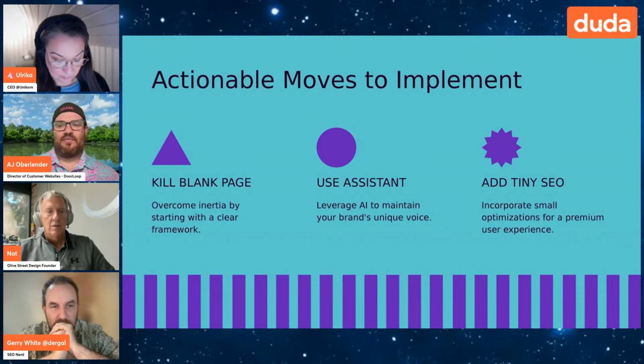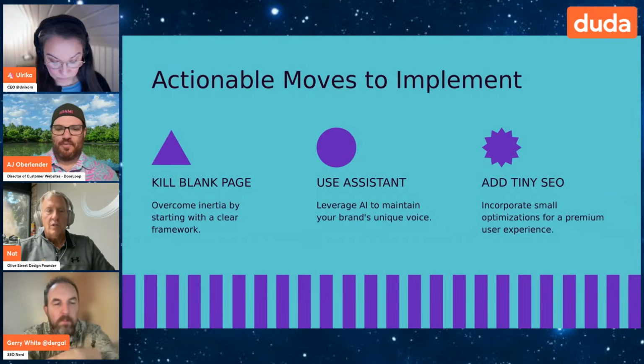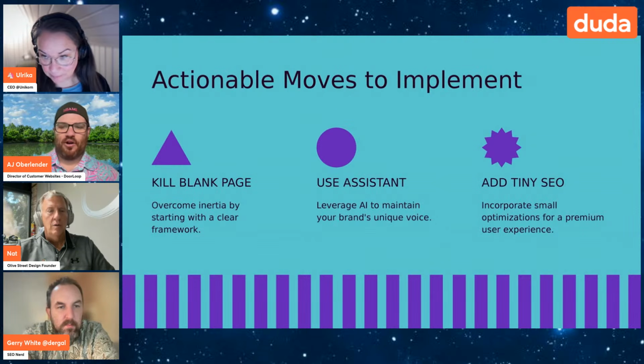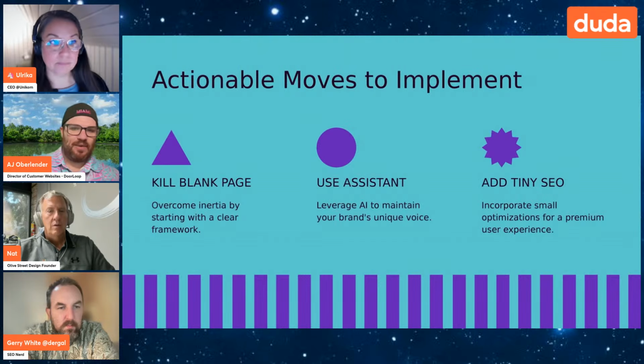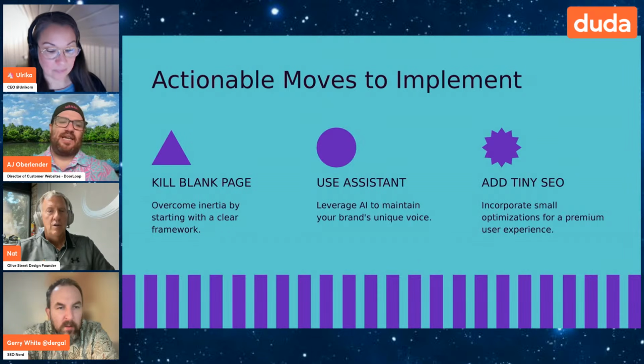Use AI with a human. Human in the loop is the most important part of using AI properly, in my opinion. It can get you a long way, but at the end of the day, we're the professionals for a reason. We do this day in and day out. We know what needs to be there.